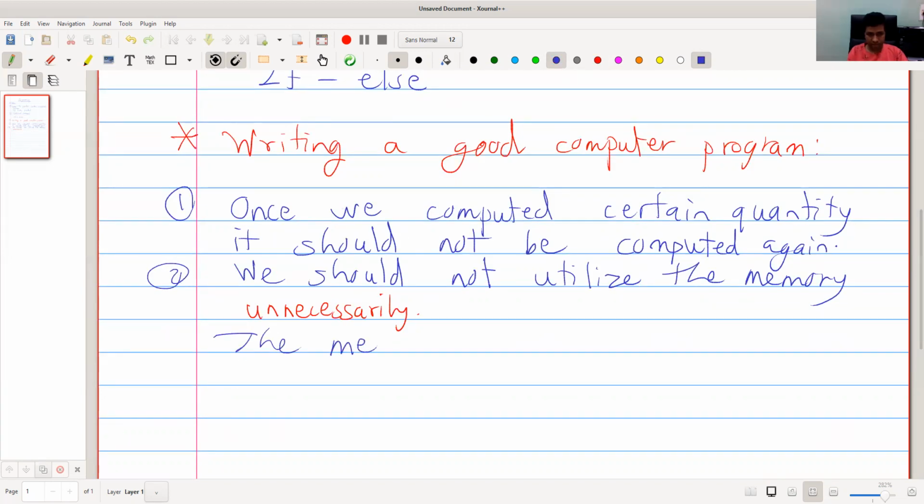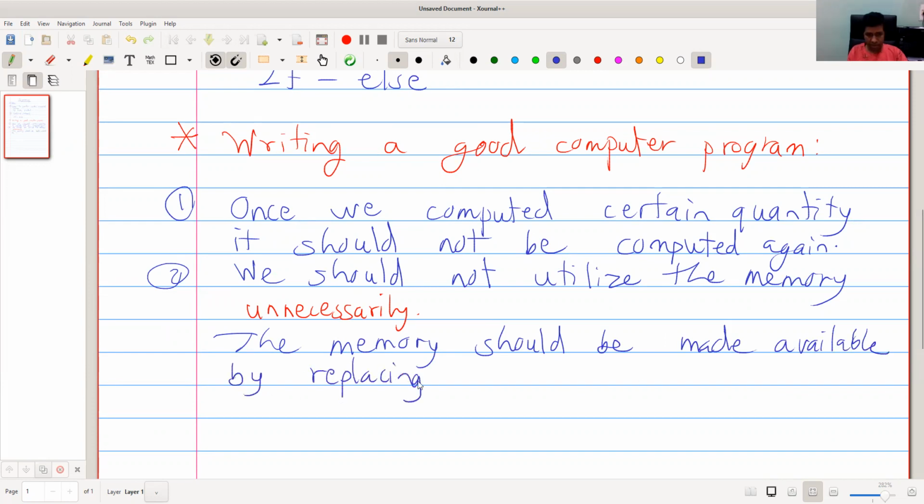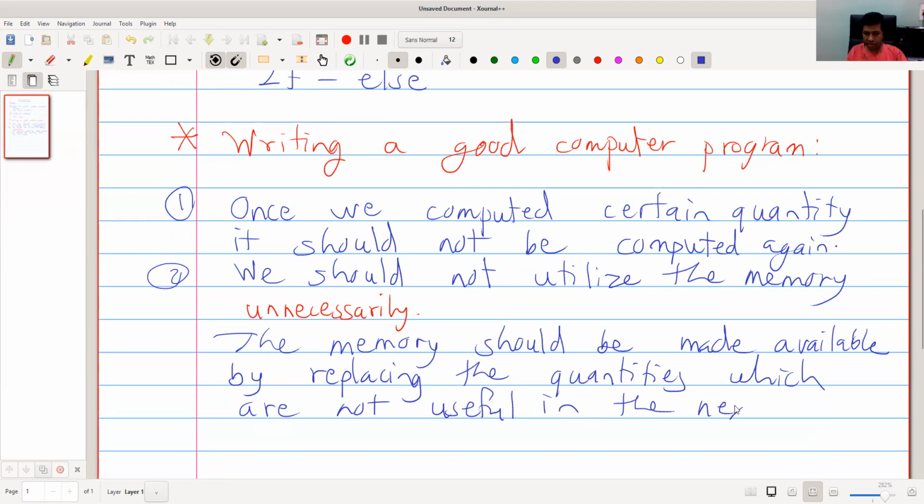The memory should be made available by replacing the quantities which are not useful in the next steps.